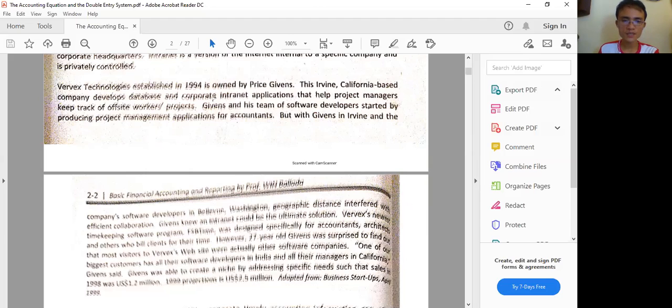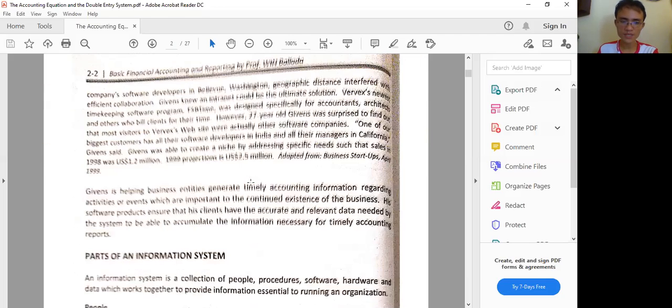We can also see subsequent discussions here, but the point is that for every organization, whether big or small, there has to be an information system wherein it stores information coming from the data being placed. It generates outputs to be used by different users. There has to be, because information that is accurate, reliable, and verifiable is very much needed for the organization's success. So that's the point of the case.